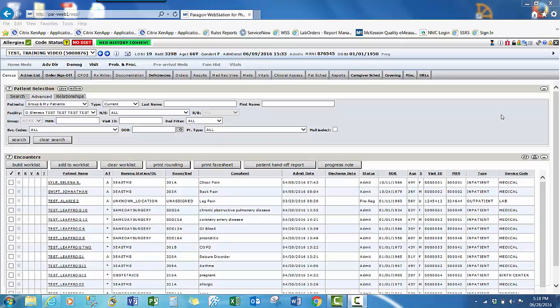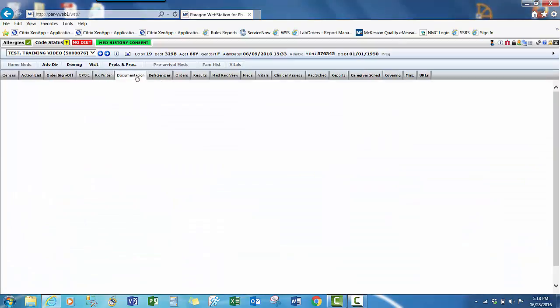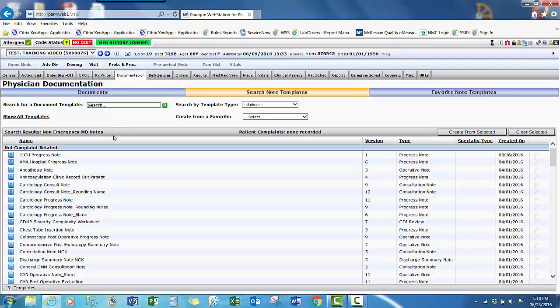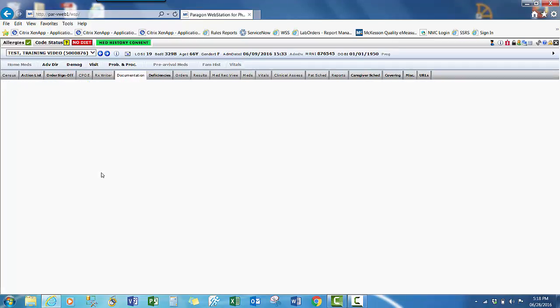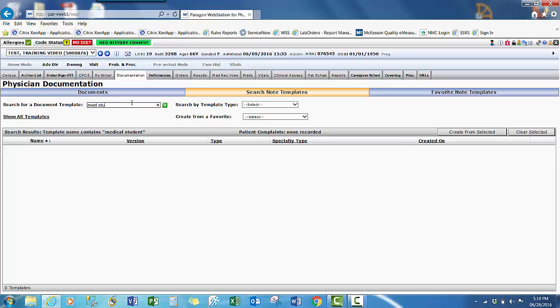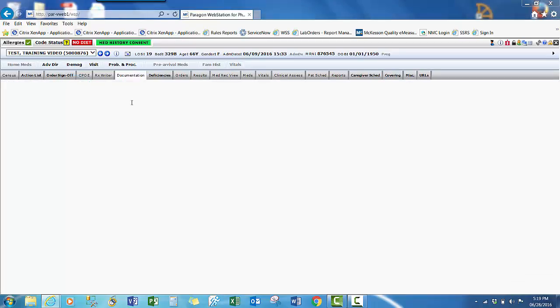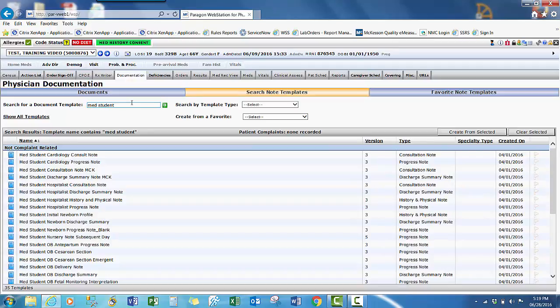In order to reach these documents, you need to open up Paragon as described in the previous videos. Find your patient, put them in focus, choose the patient, and then go to the Documentation tab. In the Documentation tab, you can search by name, you can search Med Student,